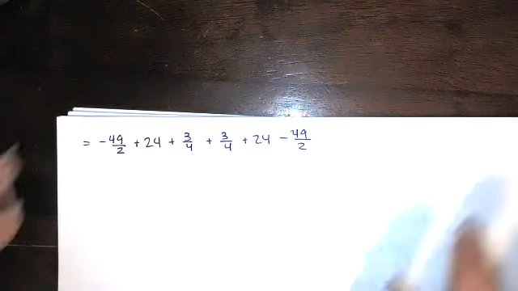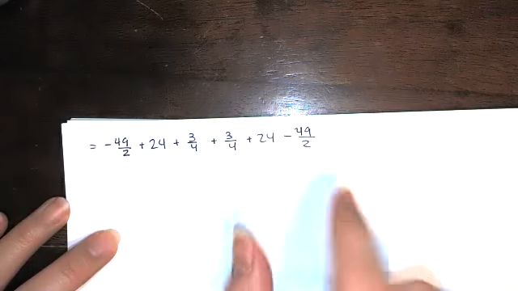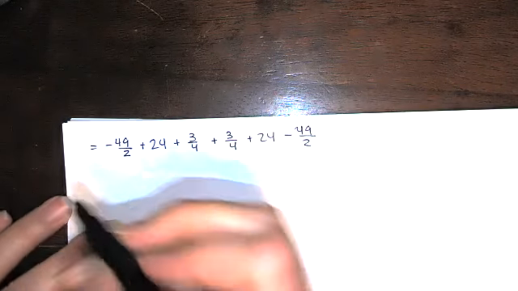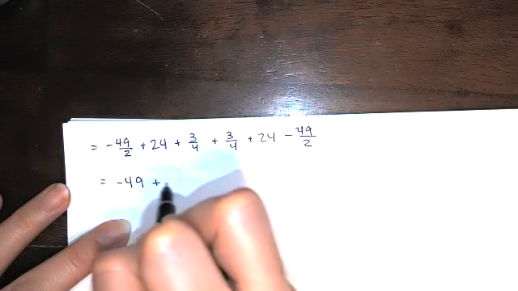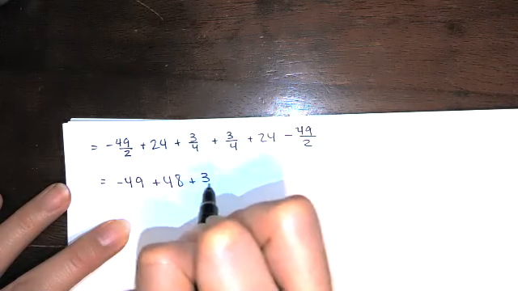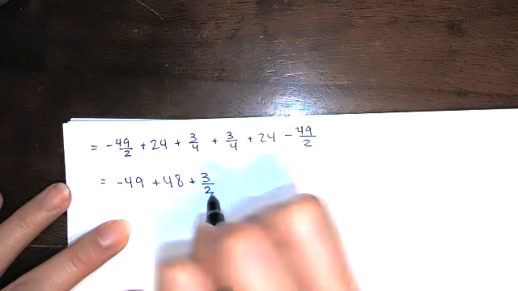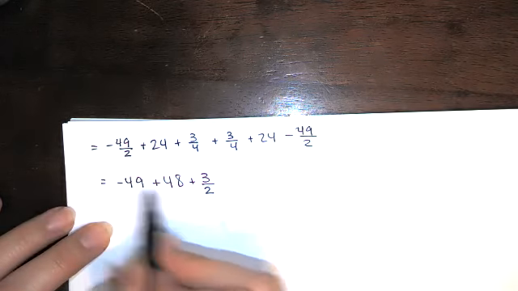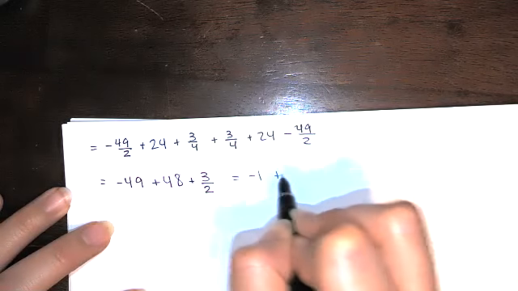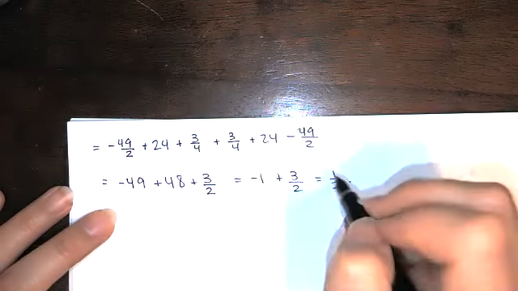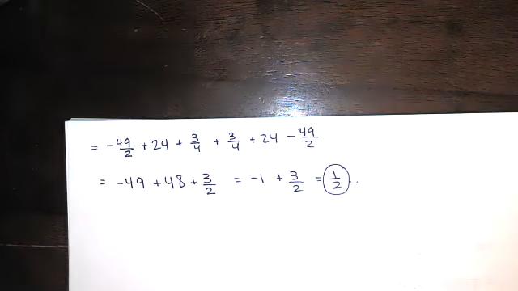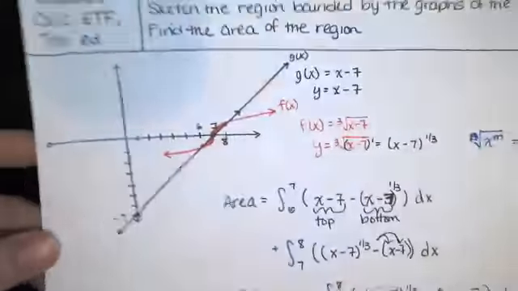All right, so we actually have the same thing twice. We have this here and that there. So we could just multiply all of that by 2. So this is going to be negative 49 plus 48 plus 3 over 4 times 2 is going to be 3 over 2. So this is, of course, negative 1 plus 3 over 2, which is going to give us a 1/2. Okay, so the answer is 1/2, and I'm sorry about the error that I made here, but I hope you